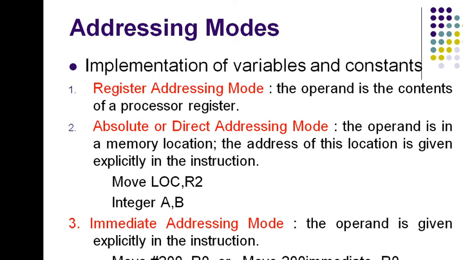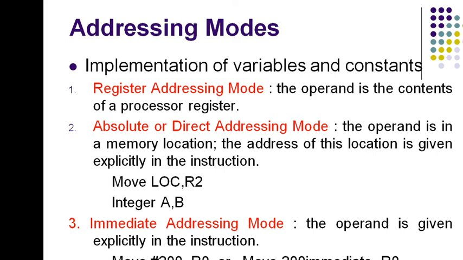Next, let us consider the representation of constants, that is, address and data constants that can be represented in assembly level language using the immediate mode. The previous two methods were about the representation of variables. In this addressing mode we will talk about the representation of constant values, either an address or data. That is called immediate addressing mode.